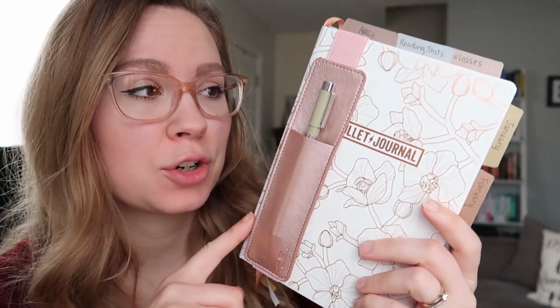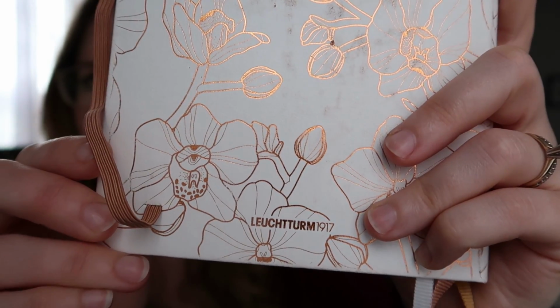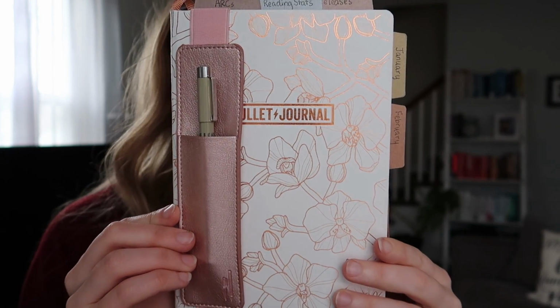So today is my plan with me for March. We're just gonna get right into it. So this is the bullet journal that I use. This is a Leuchtturm 1917, and this one is a special edition one that my friend Heather got me. I don't think that they actually sell this one anymore, but we're gonna do a quick flip through of